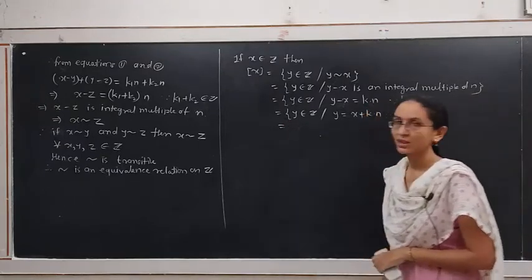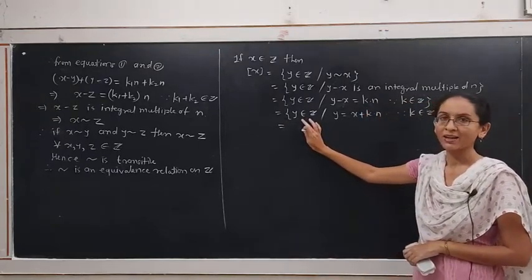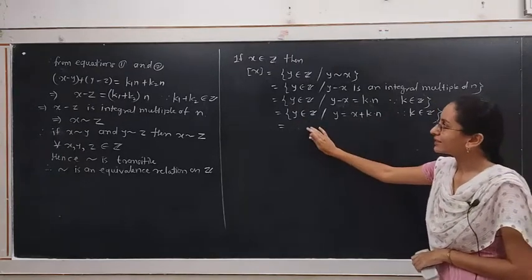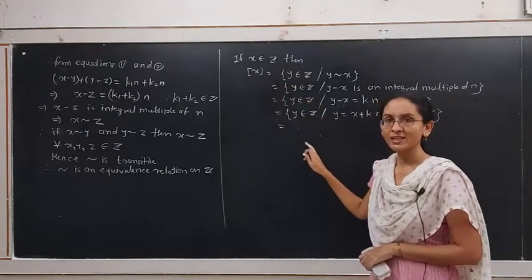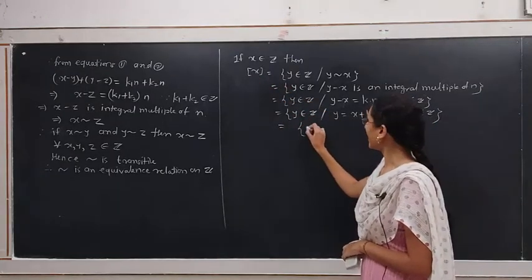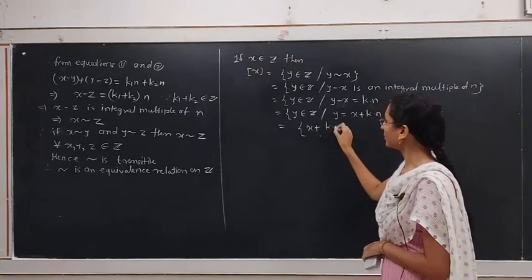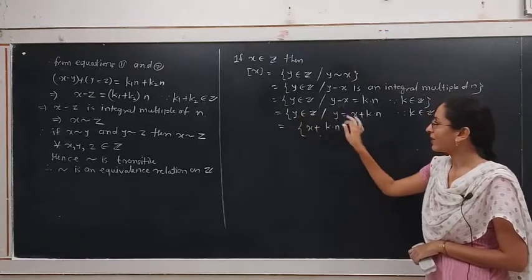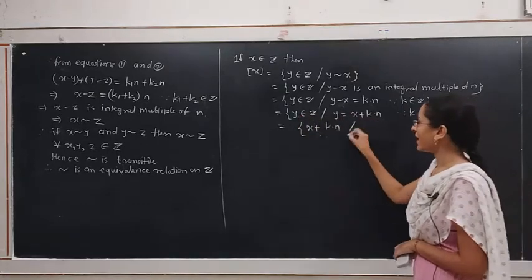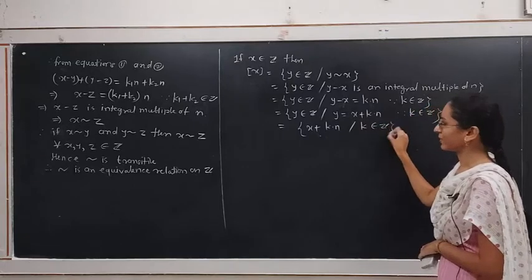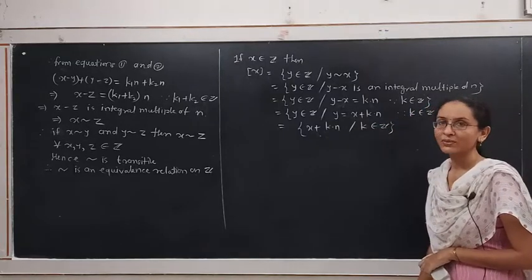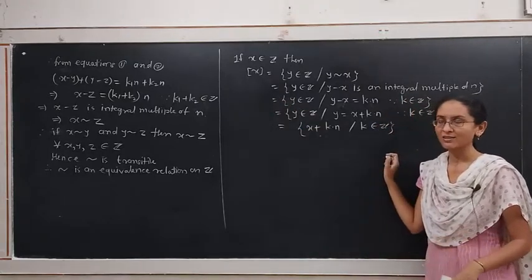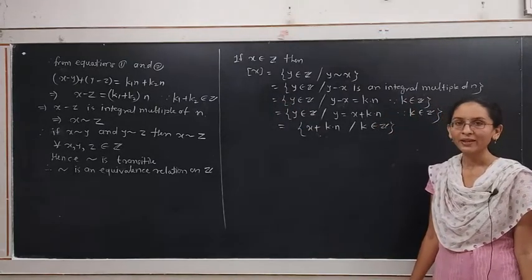This is the set of all points y that satisfy this equation, y equal to x plus k into n. Hence we get the equivalence class of integer x is equal to the set of all such y, where y equal to x plus kn, where k belongs to Z. This is what the equivalence class of x is. For any integer, we define this equivalence class. In particular, if we